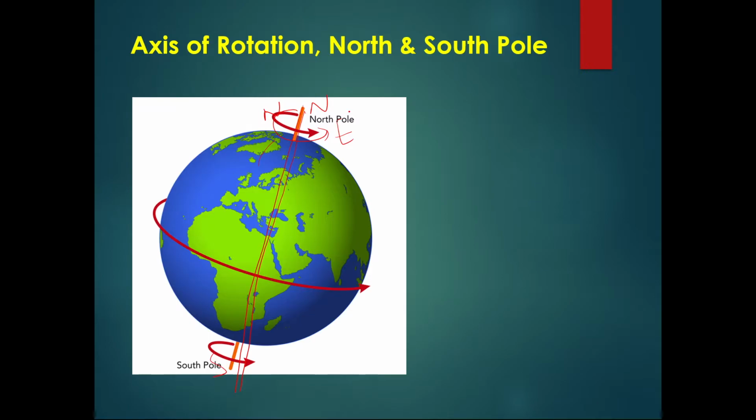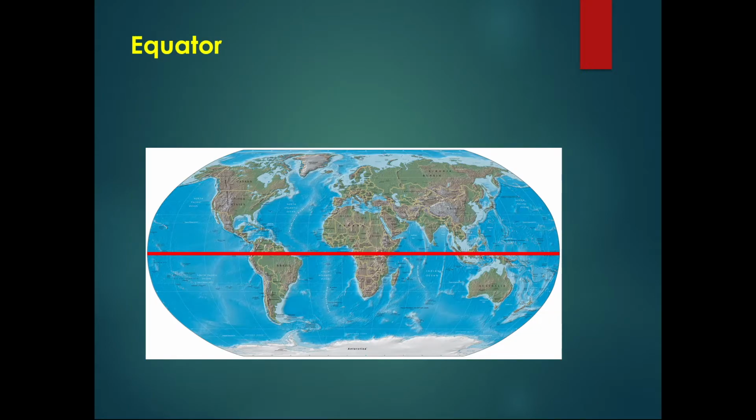Now what is the equator? The equator is also an imaginary line which passes through the middle of the earth and divides the earth into two equal halves. This red line is the equator, which passes through the middle of the earth. Here you can see it as a straight line, but if we see it in a circle, if this is earth, then it is like this, and if we stretch it out, then it will be like this. So this is a circle which divides the earth into two equal halves, this one and this one.